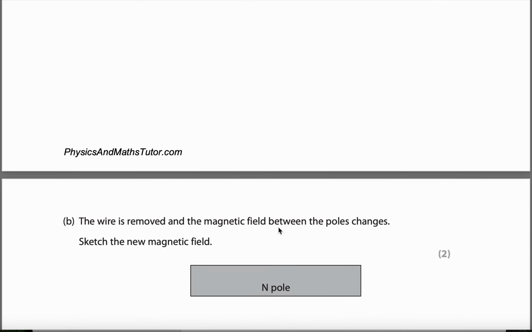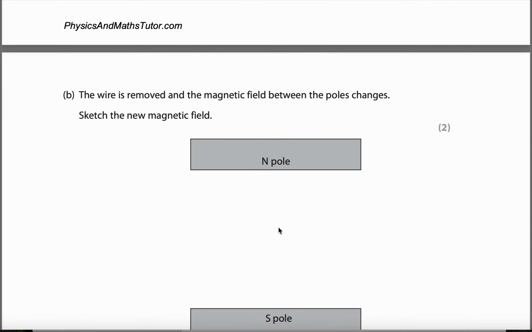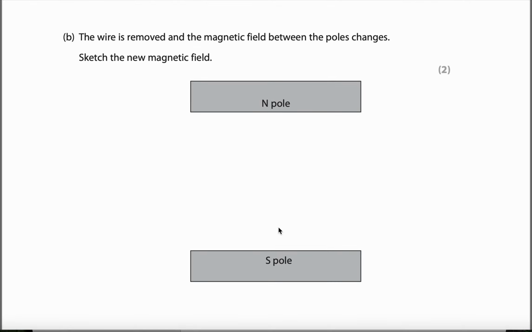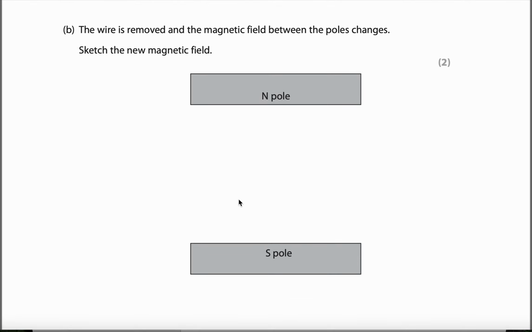And that's the first question. And these are exam questions which you can find on Physics and Math Tutor. So I'm just explaining them for my students. So the wire is removed and the magnetic field between the poles changes. So what if there's no wire there? You're only going to have a